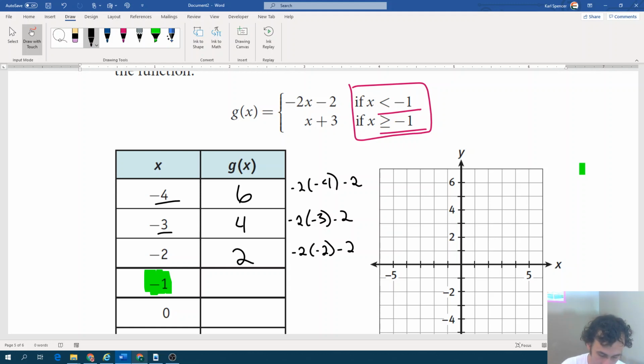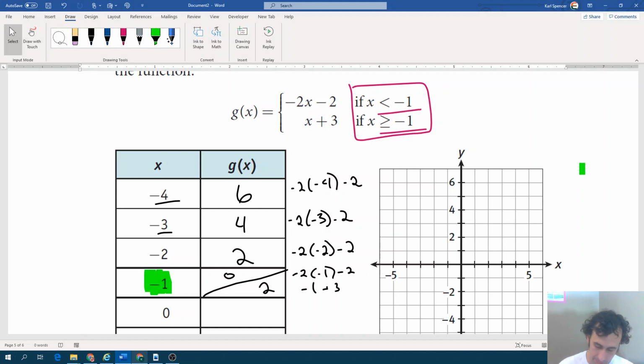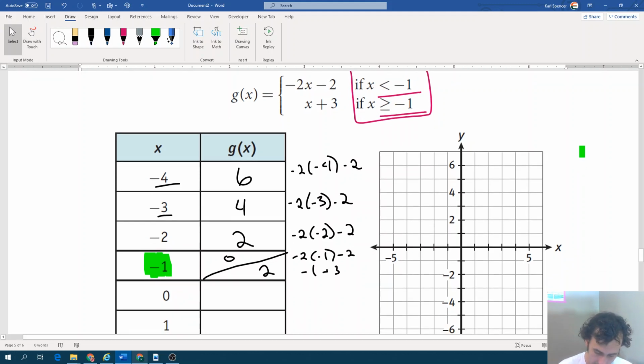If I put negative 1 into that first equation, negative 2 times negative 1 minus 2, I get 0. And if I put it into that second equation, negative 1 plus 3, I get a positive 2. So I have two separate answers that I'm going to have to deal with in a second. If I continue on,